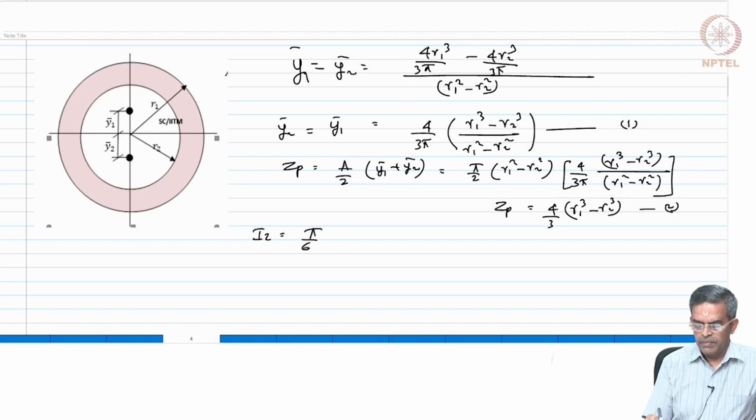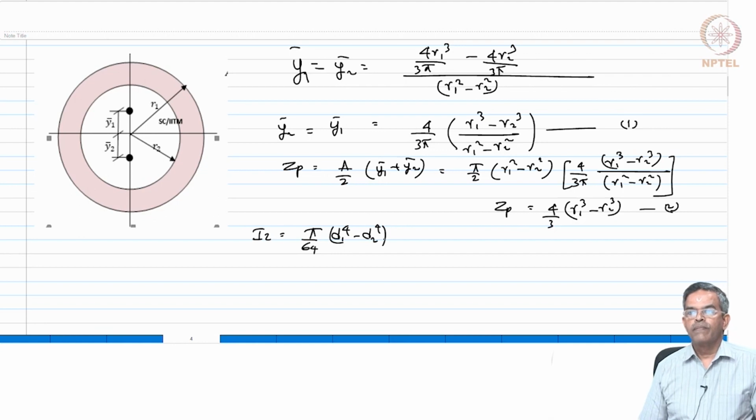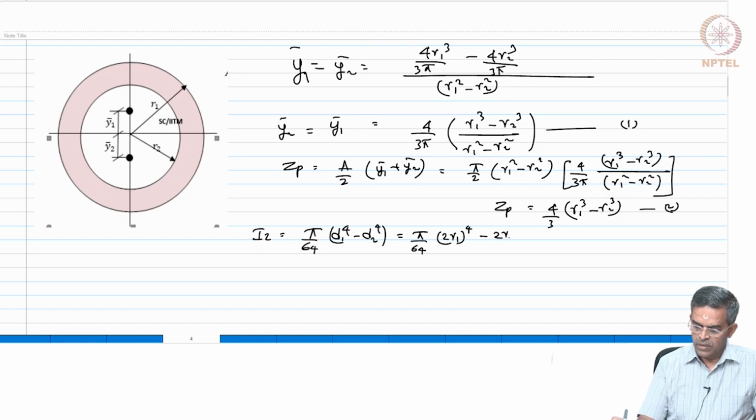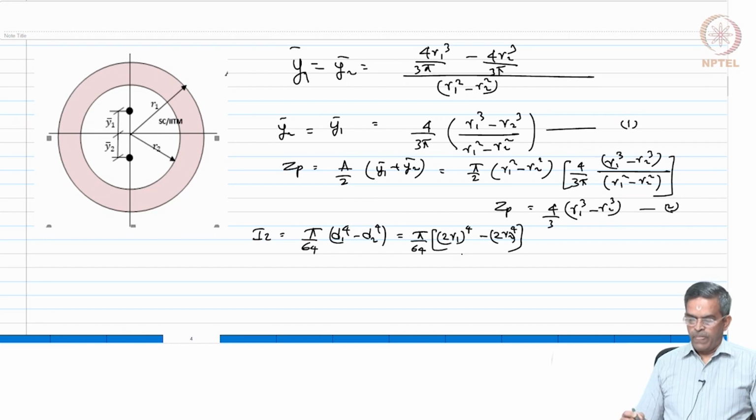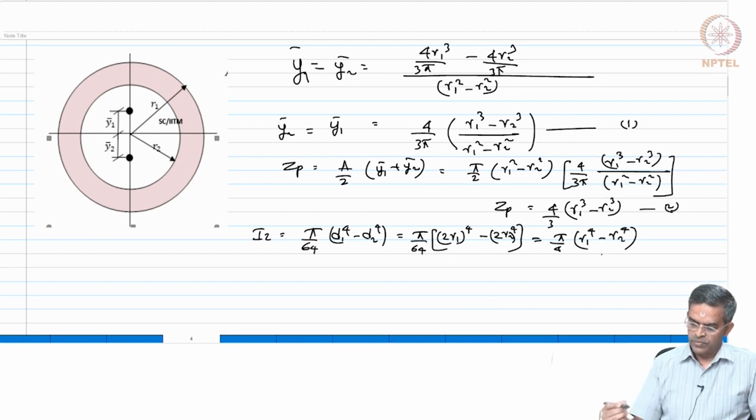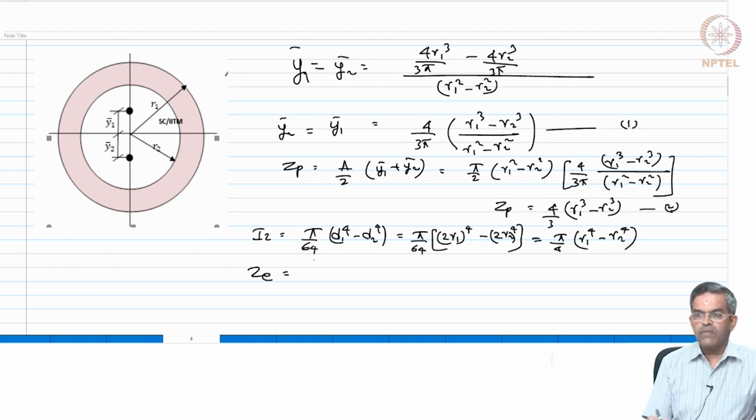Iz will be pi by 64 (d1⁴ minus d2⁴), which will be pi by 64 (2r1)⁴ minus (2r2)⁴, which will become pi by 4 of (r1⁴ minus r2⁴). So, I can now find Z equivalent as